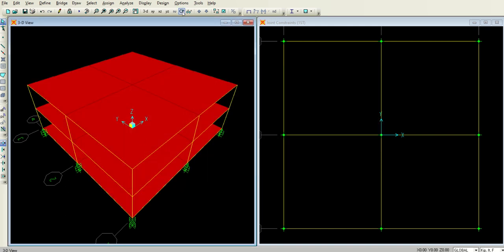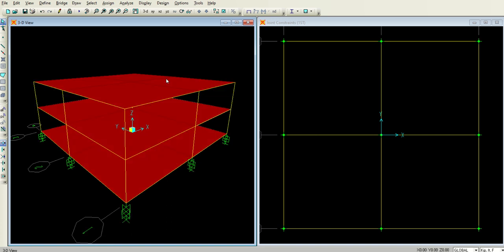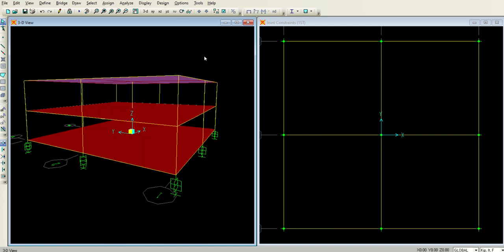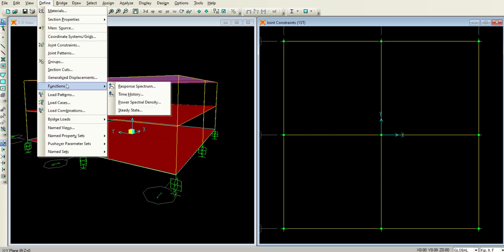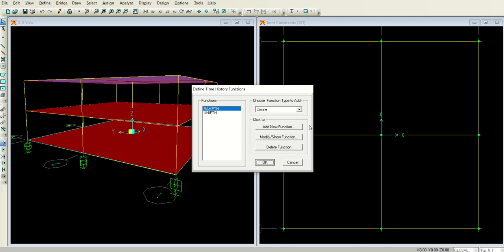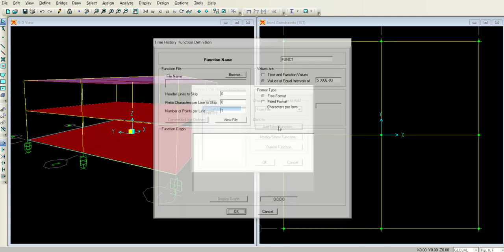See, this is your structure, right? Now we have to define the loading for this structure, the time history analysis, and for that let's go to the define menu, functions and time history. Select the choose function from the file, add new function,